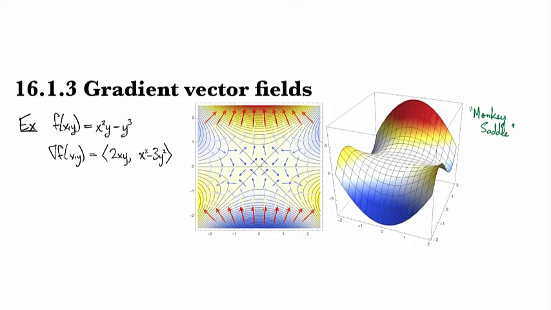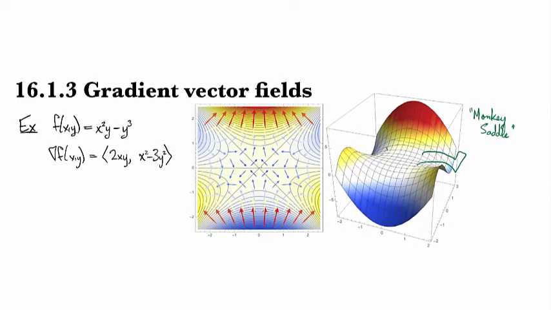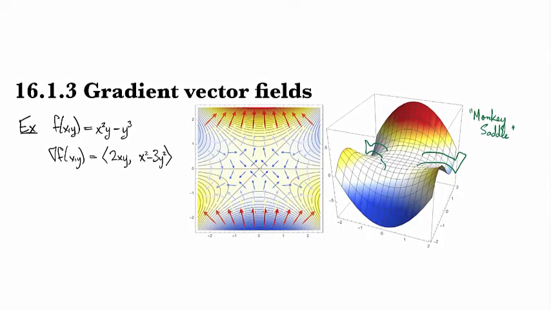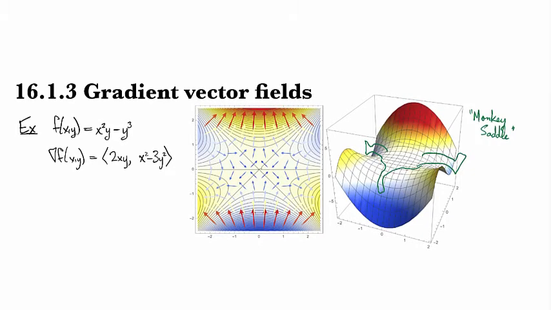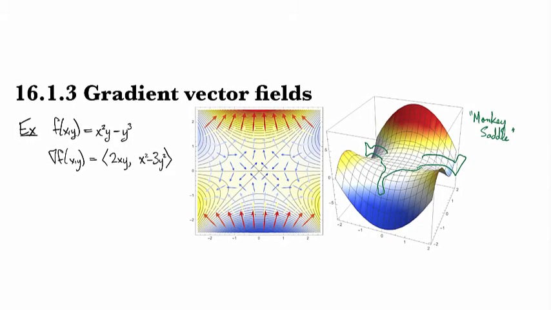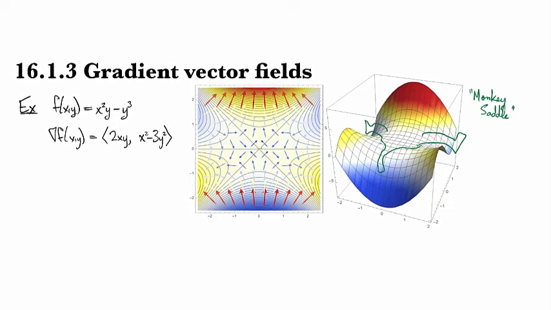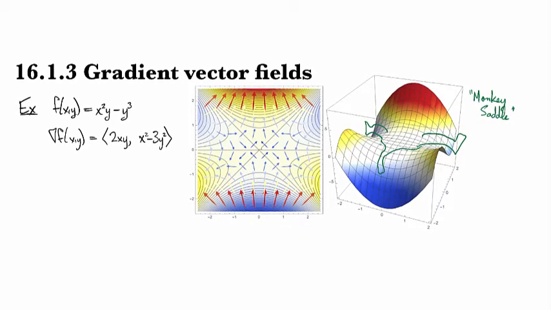It's like a saddle where you've got a monkey leg coming this way, and a monkey leg going that way, and then a tail coming off down this way. Okay, that's a pretty bad monkey butt, but you get the idea, right? So I've also got sketched over here the gradient vector field. That's all the arrows, and the